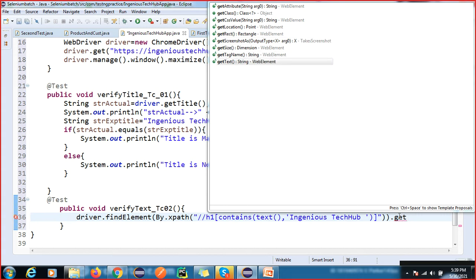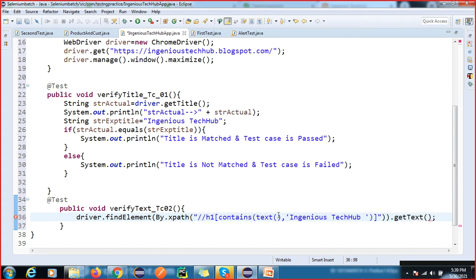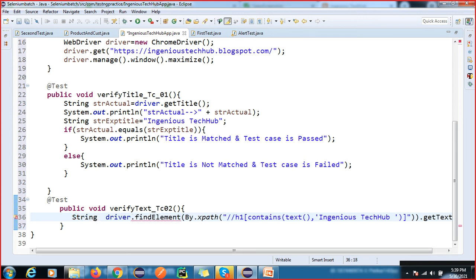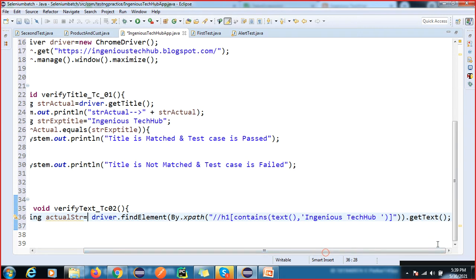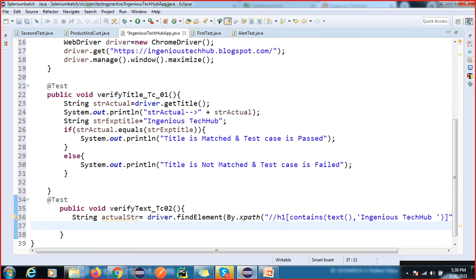Get text, and it will return a string. A string actual str, or actual text you can write, no issue. So now what is the expected string?